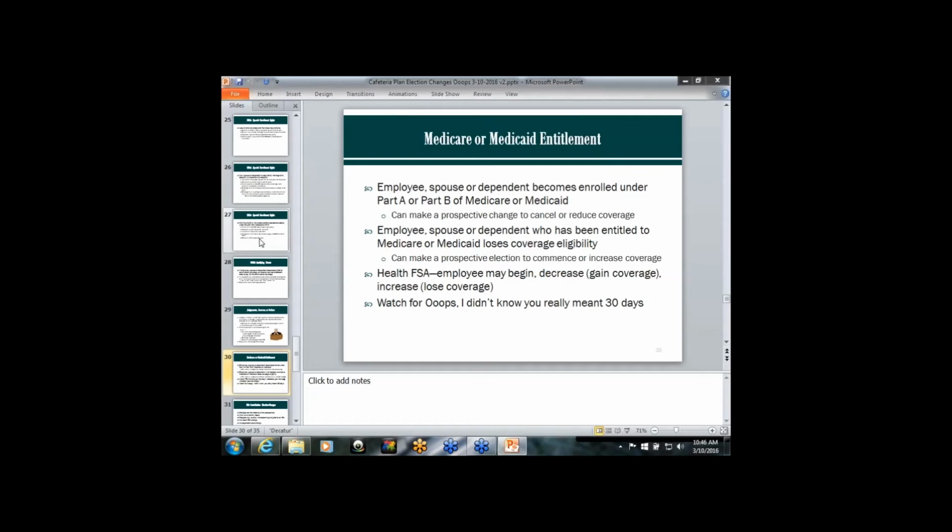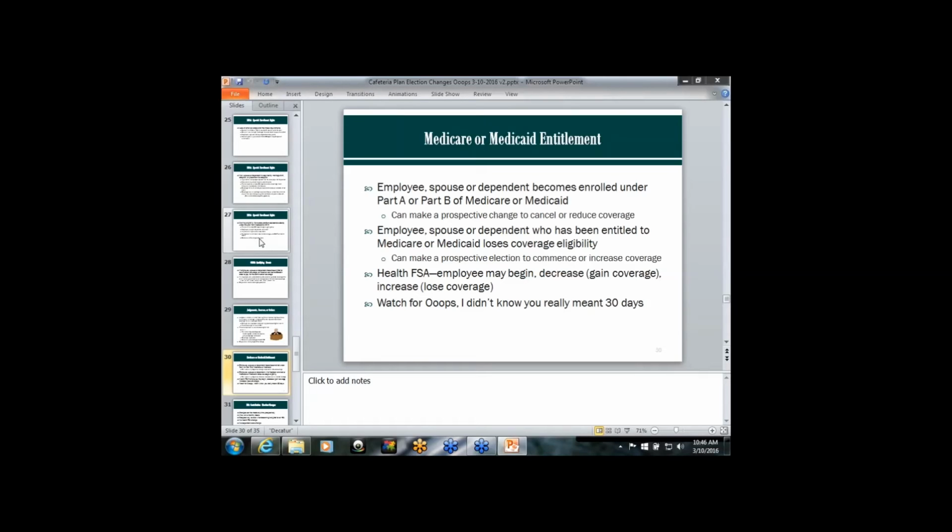This is another one of those, whoops, I really didn't know you meant 30 days here. Oftentimes, and I don't know if it's because when someone is becoming Medicare eligible, they're just looking at so many different avenues and options and ideas that they just forget about this. But the